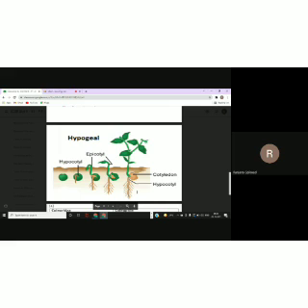Hypogeal germination is usually seen in monocotyledonous seeds, and the entire nutrition is provided with the help of endosperm. Also, there are exceptions of seeds like maize, mango, which undergo hypogeal type of germination. So hypo refers to lower. So the germination happens below the soil, and that is why this is called hypogeal type of germination.